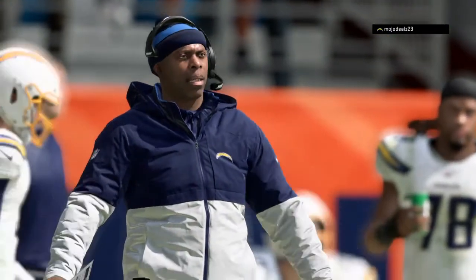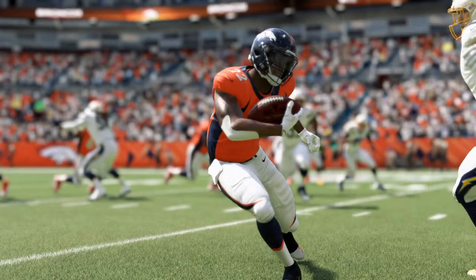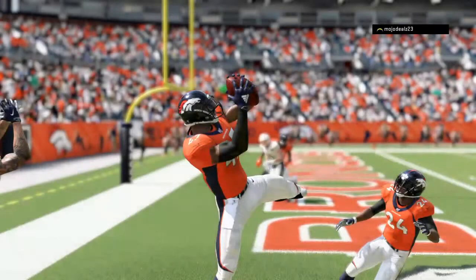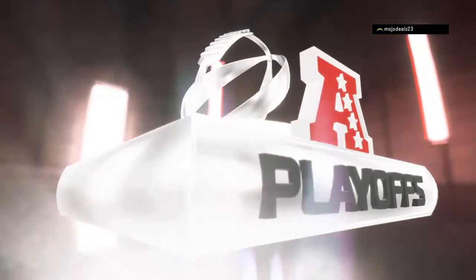They said beginning of the season they wanted to get past the wild card round. Well, they just got past the wild card round. How about that, being able to put the big check marks up in the locker room, right? Get to the wild card game. Check. Got that done. Win a wild card game. Big check. Now you've got to go ahead and set your sights higher. There is a bigger